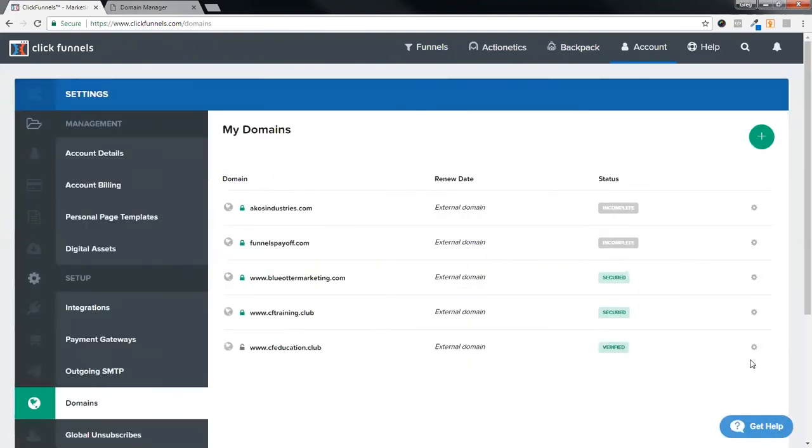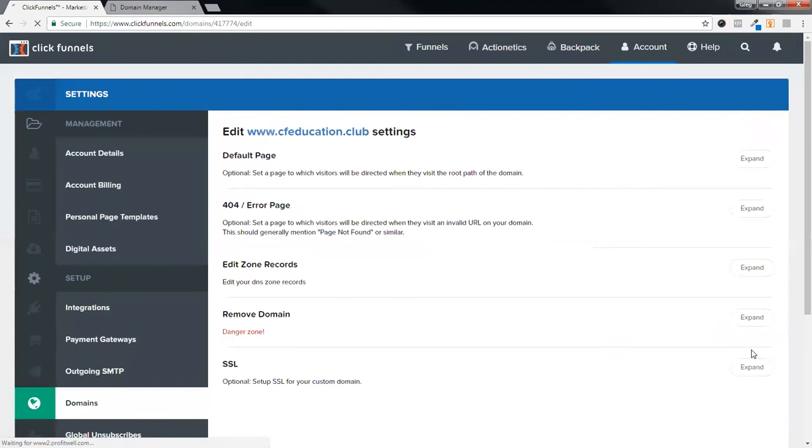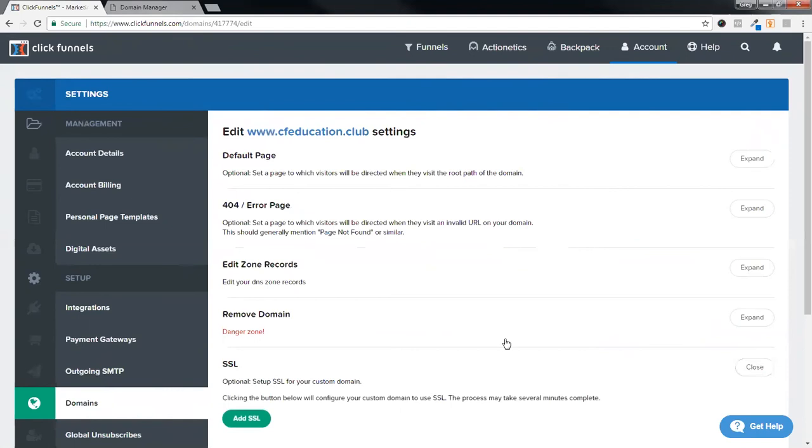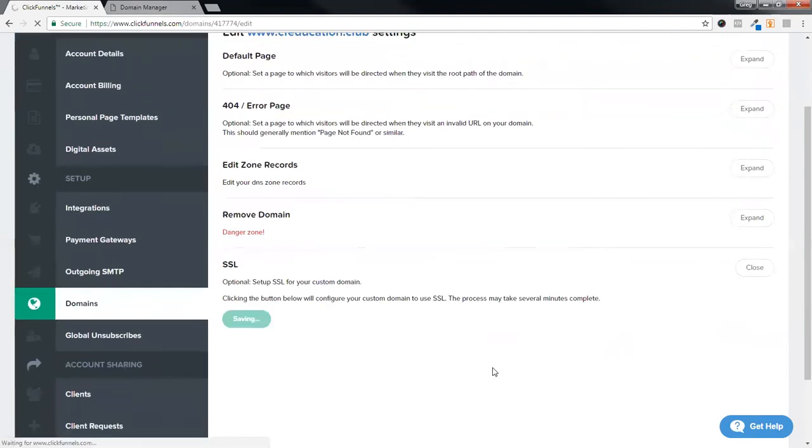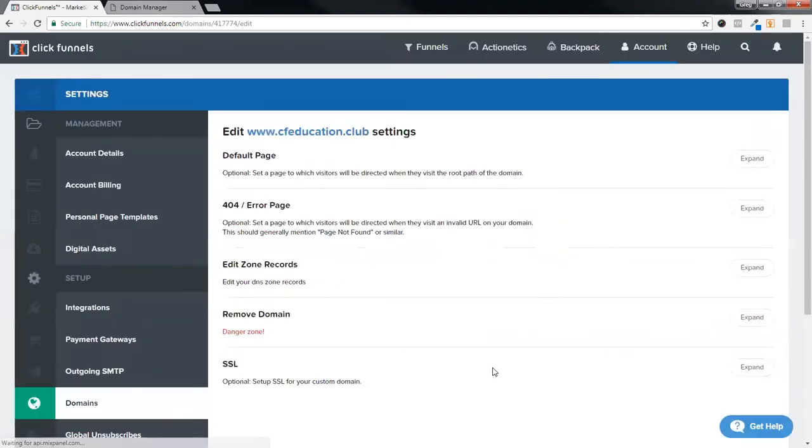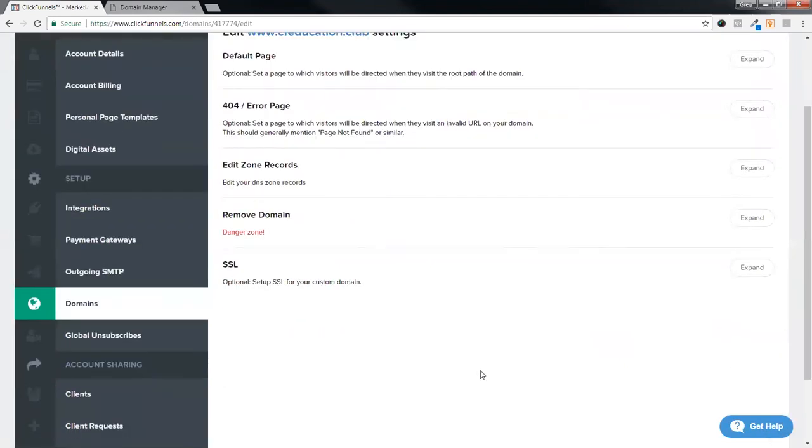You want to go to your domain and click this little settings wheel. And you'll notice that these other domains have a green lock saying domain is secured with SSL. And you'll see that this lock is gray and like it's unlocked. We want to make sure that's green and locked. So you just click that settings wheel, go to this SSL and click expand, click add SSL, and voila, it should be completed. They don't have an area to verify it right here, so you just have to click back over here at domains,